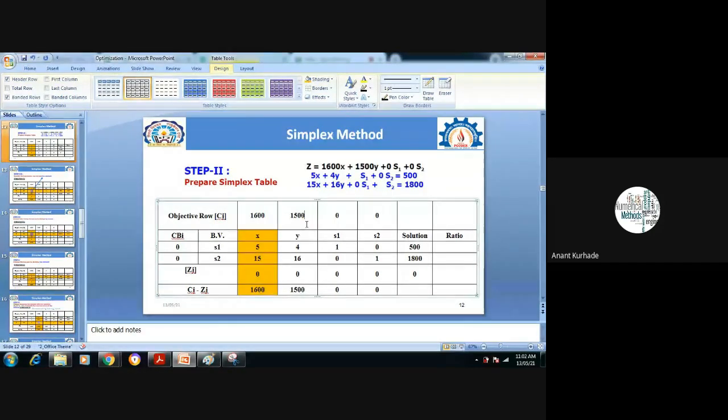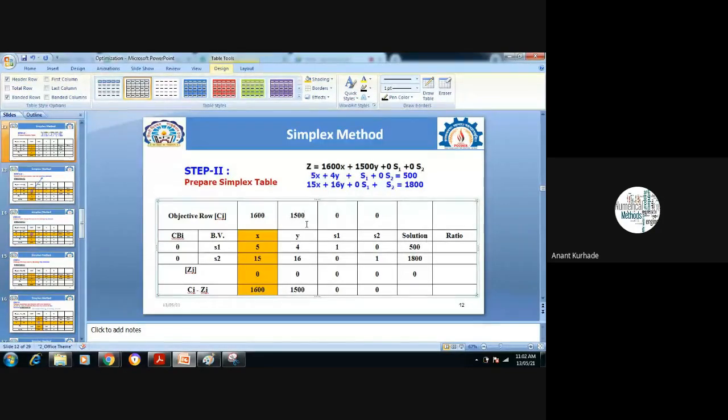Any doubt up to this? How to find key column? So your attention is very important for this lecture. See, you cannot understand later, just pay attention here. How to get key column? Have you clear this? Yes. Just give me an answer. Okay. When I ask the next question, then you don't remember that previous part.